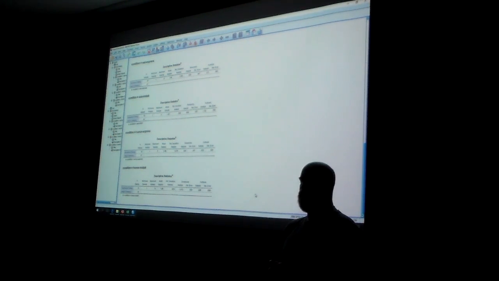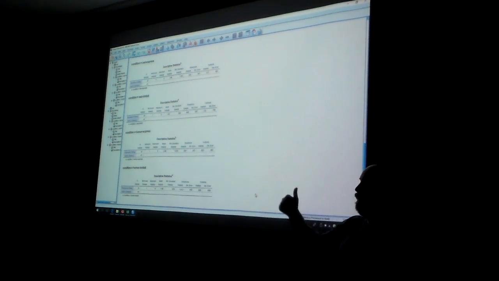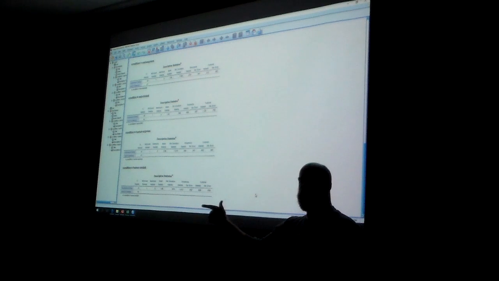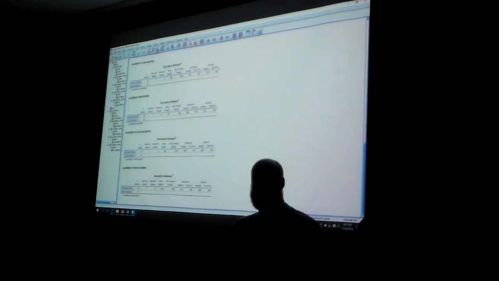Not that my data are normal, but what? Distribution of sample means is normal, right? And under what conditions does my distribution of sample means start to become normal? One, if my sample size starts to get big, and then two, what else? If it's pulled from a normal distribution, right? And this is an incredibly important thing to think about. So I can have skewed data, but that's not a violation of my normality assumption, because my normality assumption applies to the distribution of sample means,